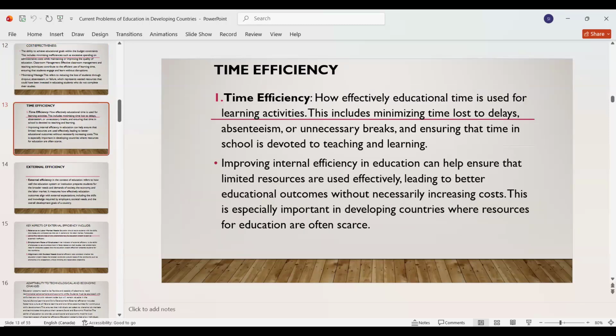So time efficiency. First, cost effectiveness and time efficiency. Time efficiency is how effectively educational time is used for learning activities, right? If we are starting the school by 7:30, can we start at 8, 8:30, 9, right? Then we have failed in that